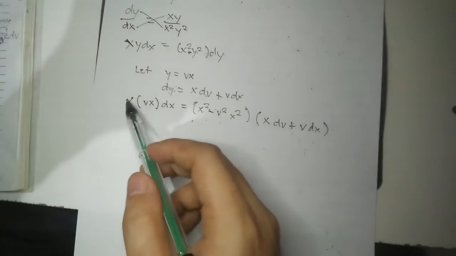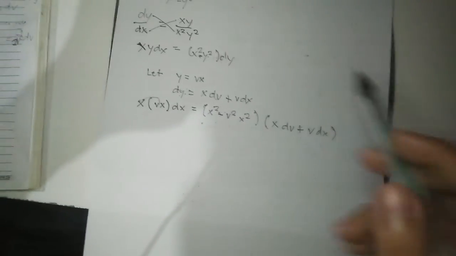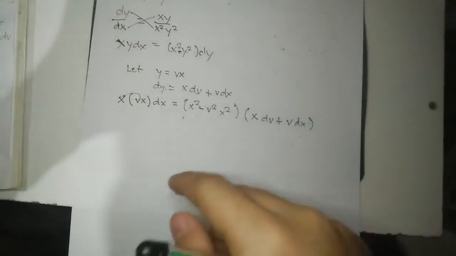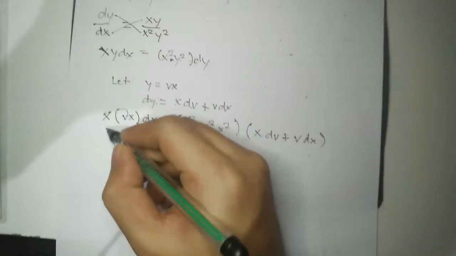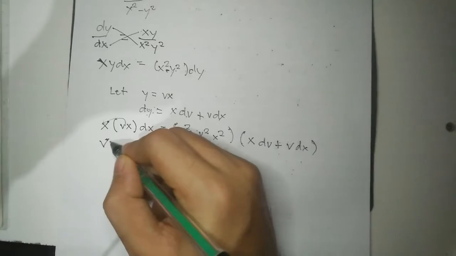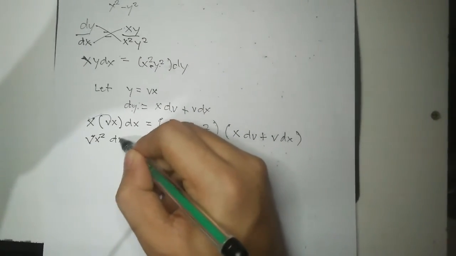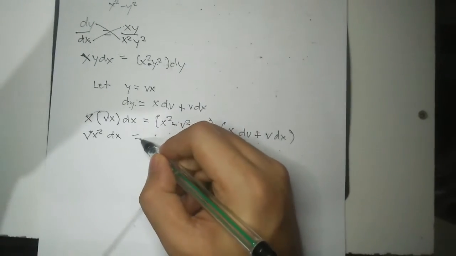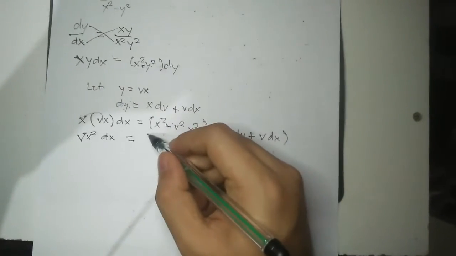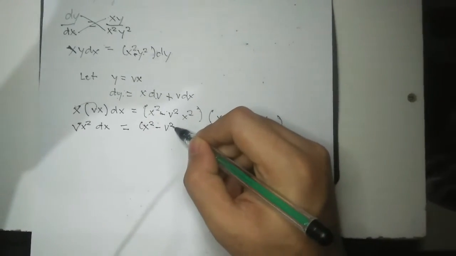Now we will distribute them by ordering here. So this will become v x squared dx is equal to x squared minus v